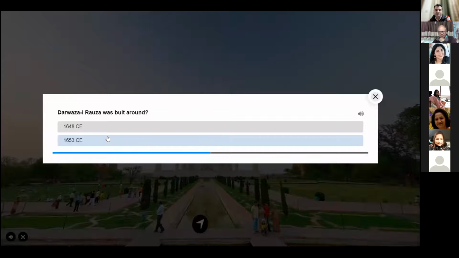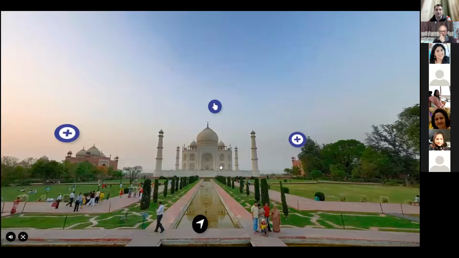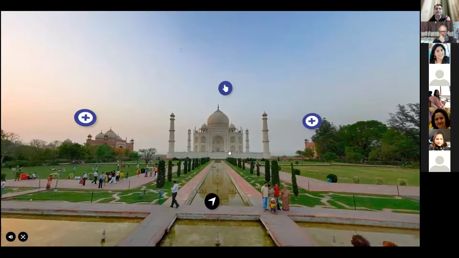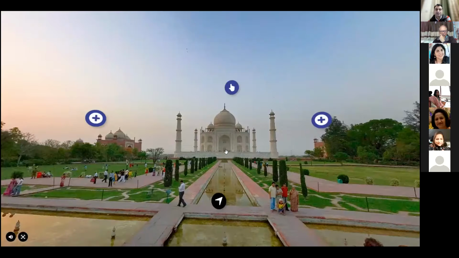And then, Taj Mahal was built on the bank of river Jamuna, Ganga. So the learner can also give some answers, and all the data is captured and available for analysis. And this tour is specifically created using H5P, which is a free software which is